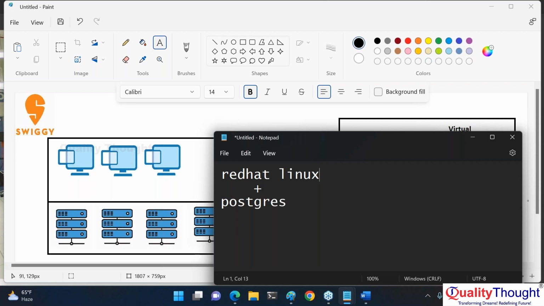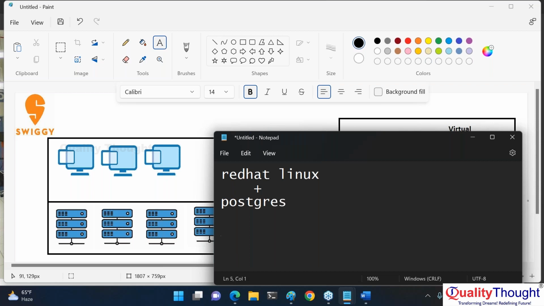Now your responsibilities have increased. You have to maintain Linux. In addition to that, you also have to maintain Postgres now, because Linux also will be giving updates, Postgres also will be giving updates, right? So when we do these kinds of things, generally the amount of administration increases.